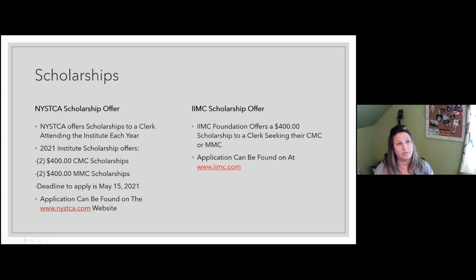IIMC has a division within their organization called the IIMC Foundation. This foundation is strictly for education grants. So they give out money to those in each of their regions for those seeking their CMC or MMC. The deadline for this is already passed for this year.